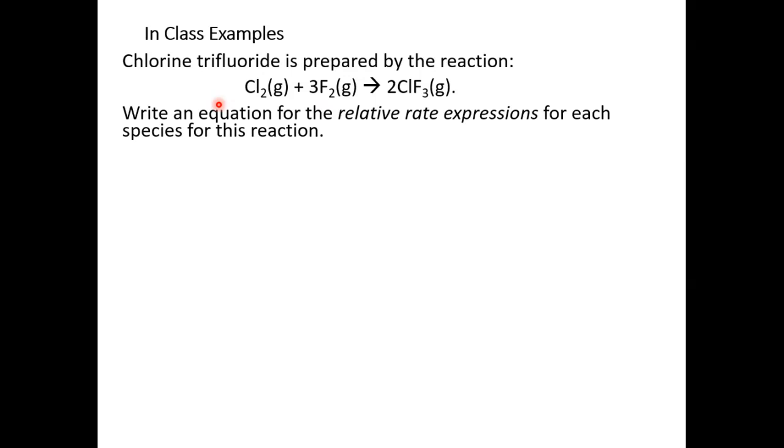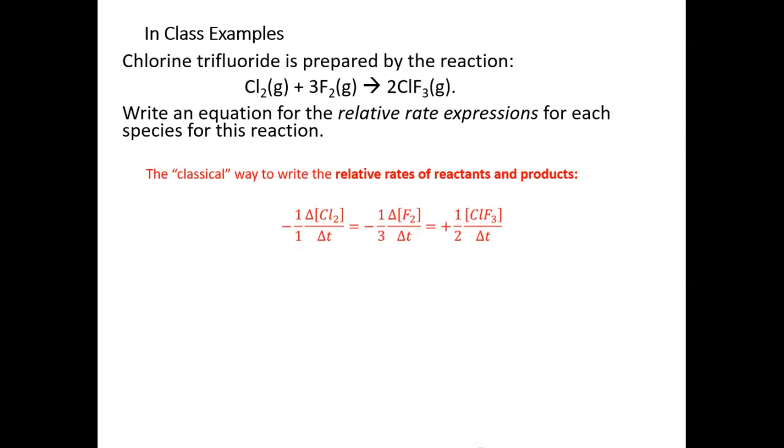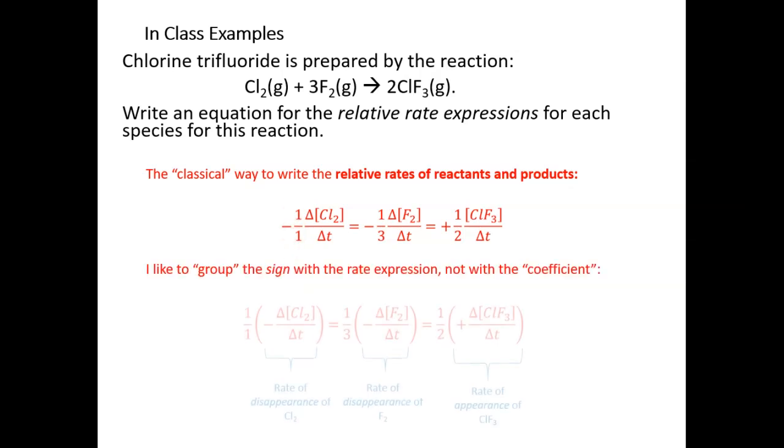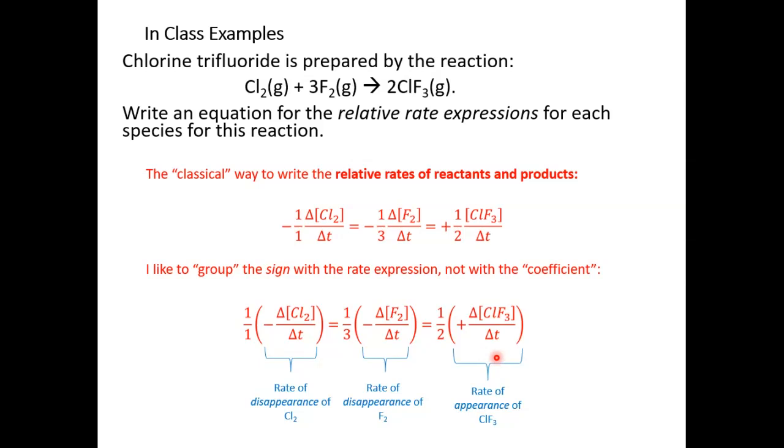Delta, change in concentration, over delta T. And then because we're making them relative to each other, we include what? 1 over the coefficient in front of the rate. See if what you are writing is this. And you can write it this quote unquote classical way, but I prefer this way